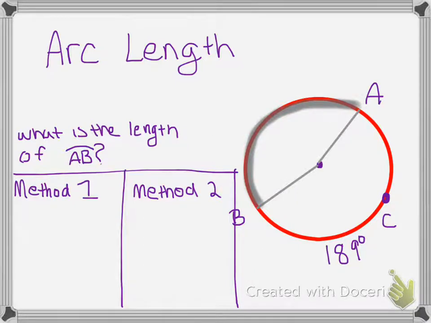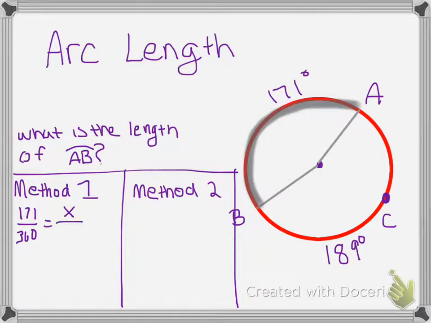So you have to do 360 minus 189, which gives you 171. So we know that this is 171 degrees. The way that I showed you was the part over the whole of the degrees equals the part over the whole of the circumference. So it's going to be 171 over 360, because that's our measure, is equal to